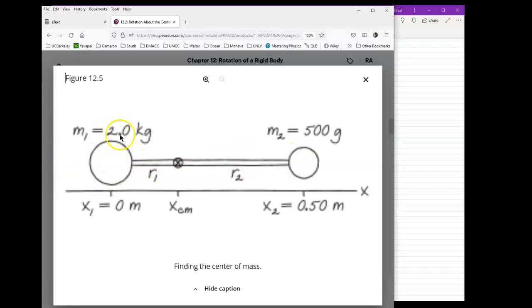And this mass is 2 kilograms. This mass is 0.5 kilogram. And this mass is located at, on the x-axis rather, 0.5 meters, and this one is at the origin, or at 0, okay? And there's the center mass right here. But let's suppose that we want to find the exact location of the center mass,